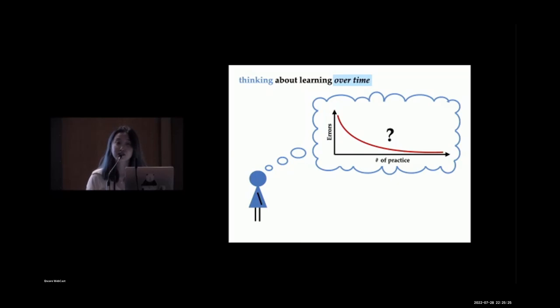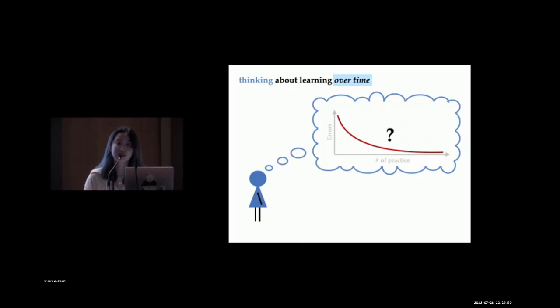And the answer to this question is actually not that obvious, as people could be representing learning in a number of different ways. And exploring this question is not only theoretically important for us, but it also has practical implications. So if you think about it, if a learner misrepresents their learning progress, this could impact their learning motivations and decisions during the learning process.